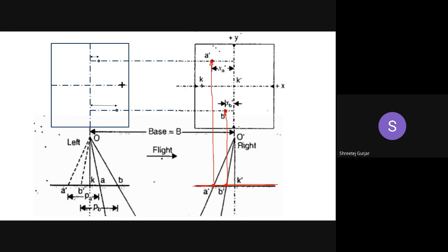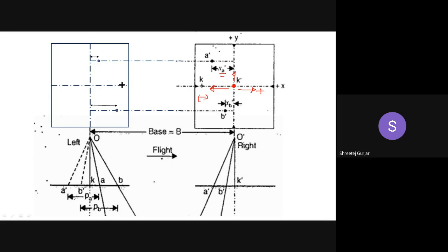Okay, so the distance of this point from the y-axis, I will name it as xa dash and xb dash, the distances from the y-axis. Because they are towards the left hand side, if you consider this as the origin, here you consider x as positive and here you consider x as negative. So this will be minus xa dash and minus xb dash, but those negative signs we will consider while solving, not in the derivation. We shall only consider those negative signs in the solving part. Okay, so remember this thing.